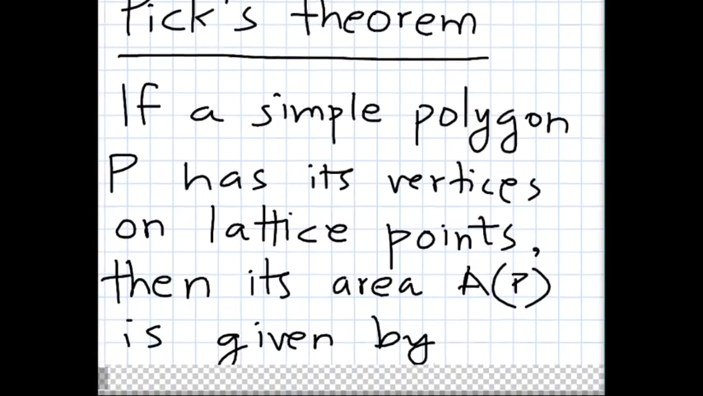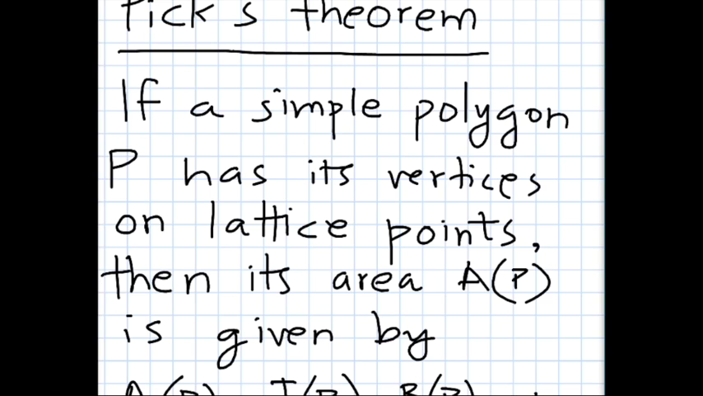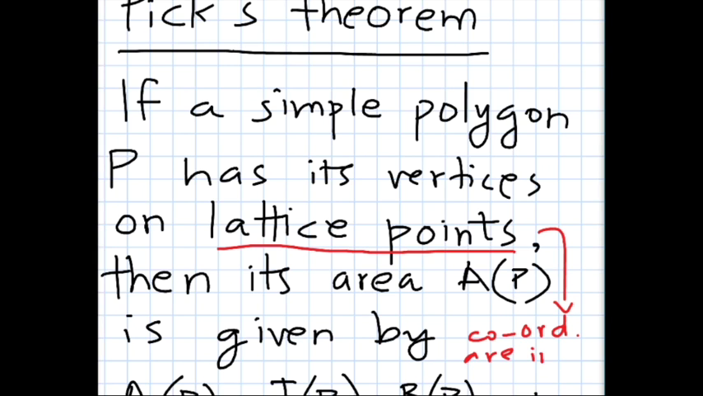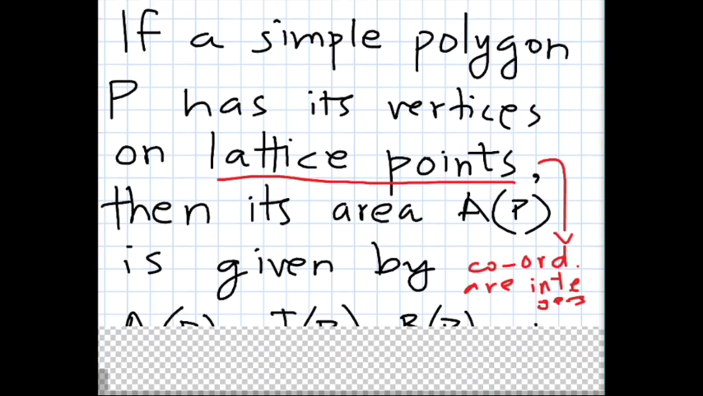So Pick's theorem says that if a simple polygon has its vertices on lattice points, what are lattice points? Lattice points are those points whose coordinates are integers. So if a simple polygon P has its vertices on lattice points, then its area is given by